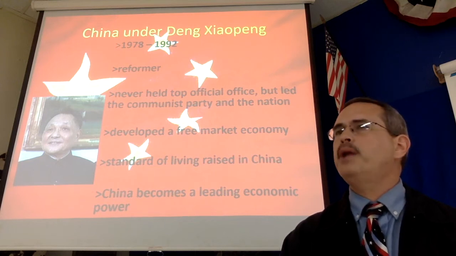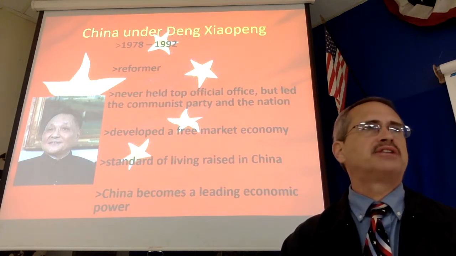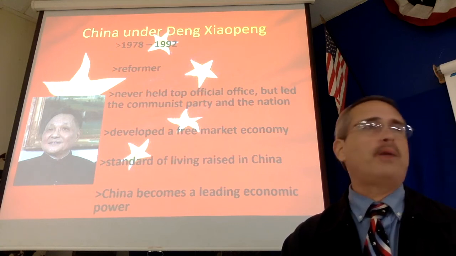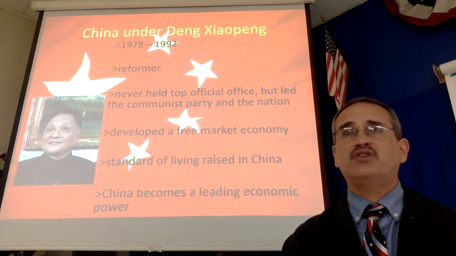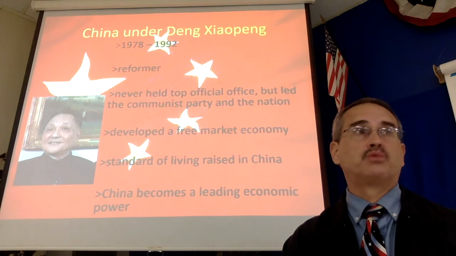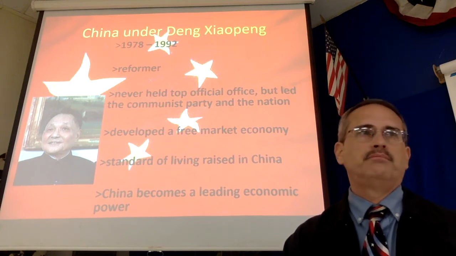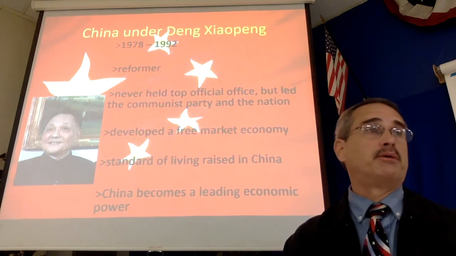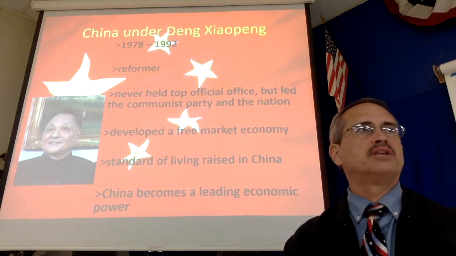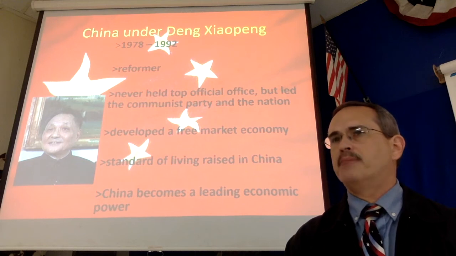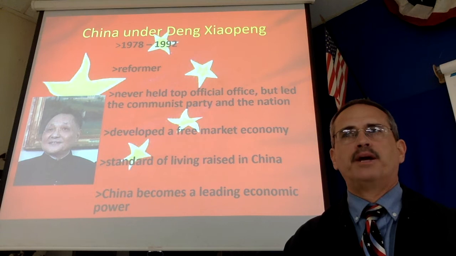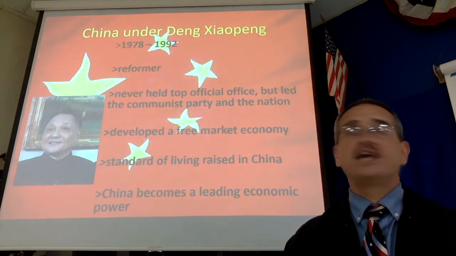We need to open up to the world. Instead of trying to do it all ourselves, we need to trade with the world. We need to connect with the world. And what part of the world is making money and successful? Yeah, the Western world, the capitalist world. Forget Russia. They're no good. Their economy was terrible. We want to connect with the capitalist world. And so he's opening up China. At the same time that Nixon's going to come to China looking for a buddy, they're looking for buddies. They want trade partners.